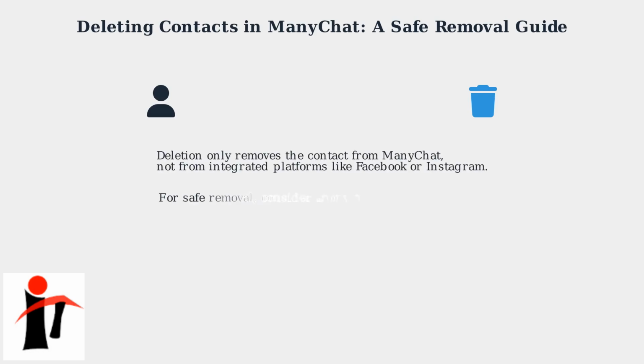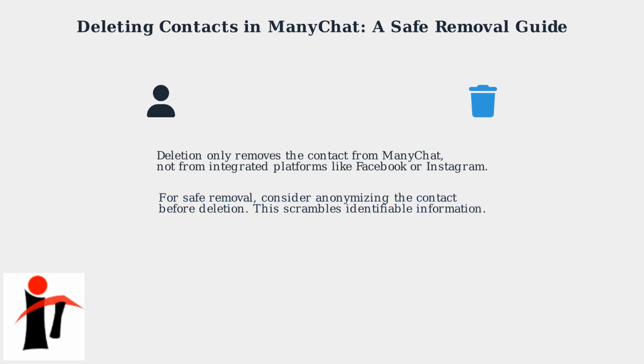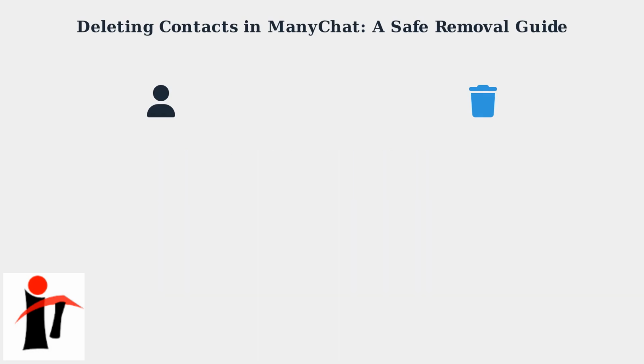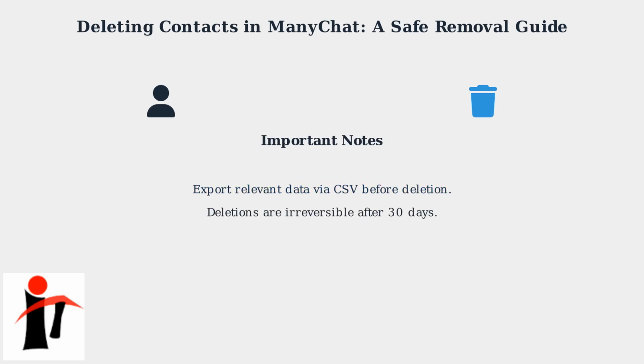However, ManyChat emphasizes that deletion only removes the contact from their platform and not from integrated platforms like Facebook or Instagram. To ensure safe removal, especially with the enhanced privacy compliance tools introduced in 2024-2025, consider anonymizing the contact before deletion. This feature scrambles identifiable information, adding an extra layer of data protection. Remember, deletions are irreversible after 30 days, according to ManyChat's policy, so it's wise to export any relevant data via